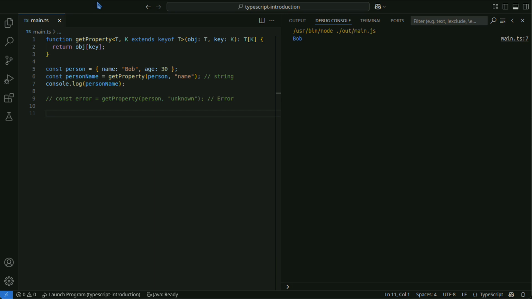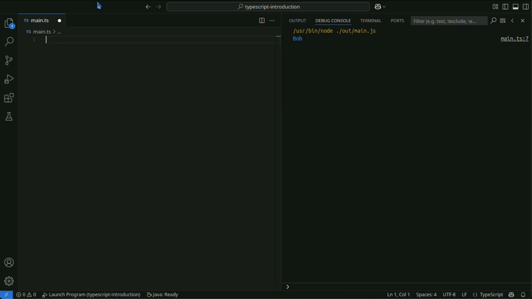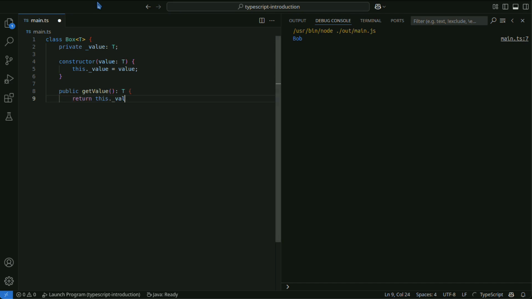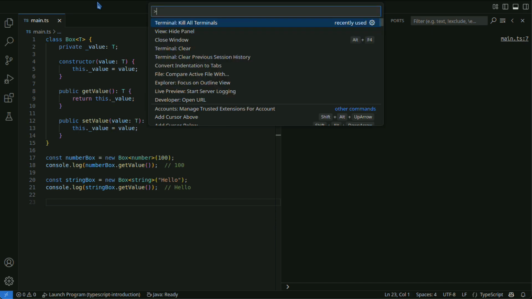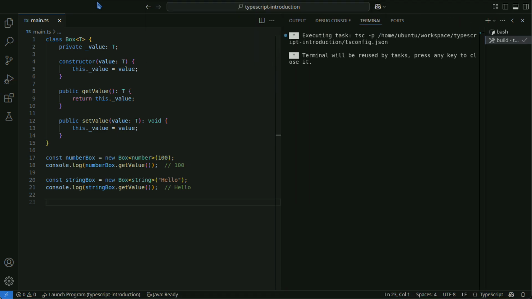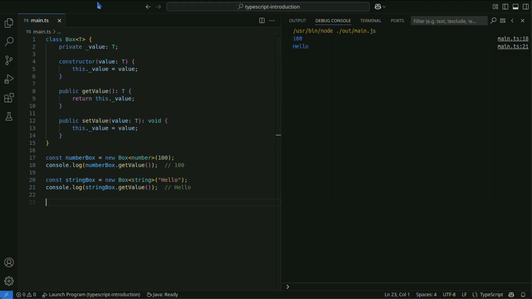Classes can also be defined using generics. Generic classes offer flexible types for properties and methods. Box<T> declares the type T used within the class as a generic. This allows the same class to be reused for different types.